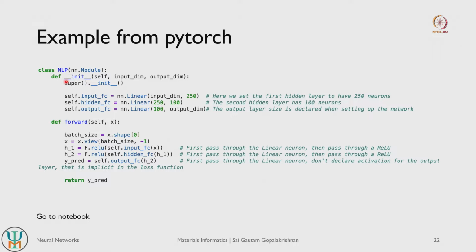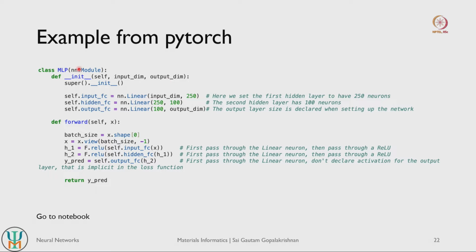And this init function basically helps you to create an instance of your MLP class. So if you create an MLP class, by default the init function will be called. The init function requires two things, right. Your input dimensions and your output dimensions. Input dimensions basically correspond to your input layer, so how many nodes you need to have in your input layer. Output dimensions tells you how many nodes you need in your output layer. So for classification tasks this can be the number of classes, for regression this is usually 1, right.